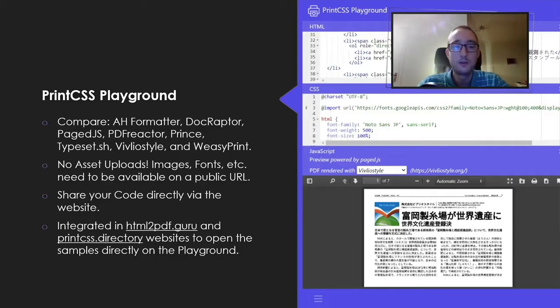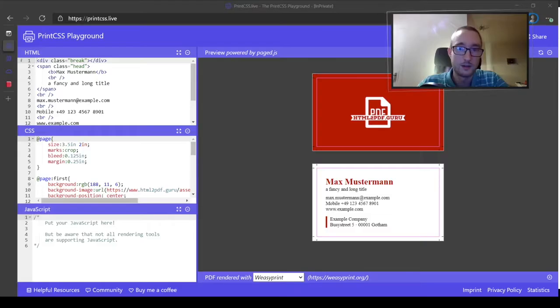On html2pdf.guru, you get mainly all the CSS selectors and CSS properties as samples and can directly open them on the PrintCSS Playground website. We will see that also now when I switch to the browser, and let's have a look at